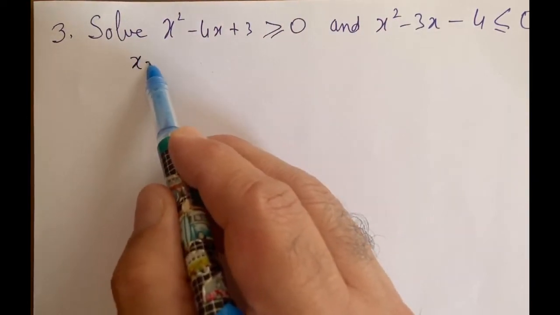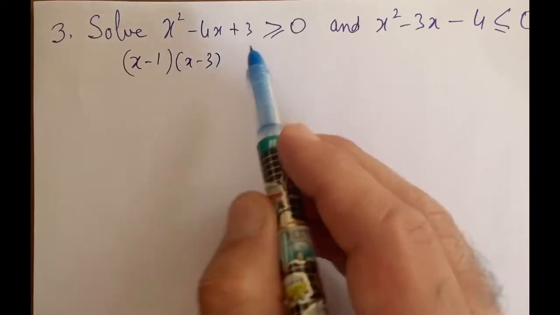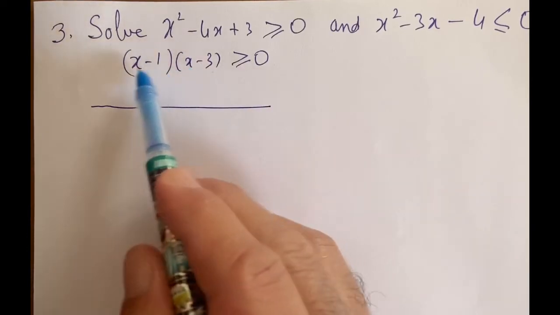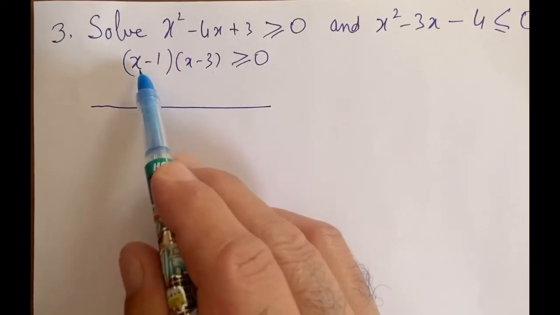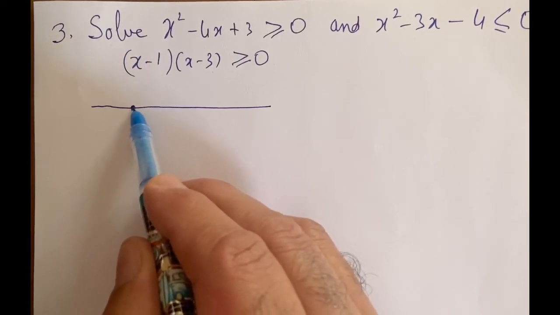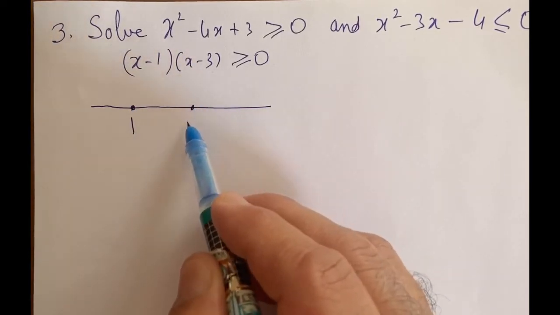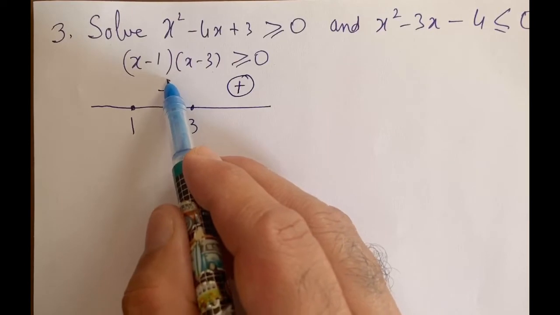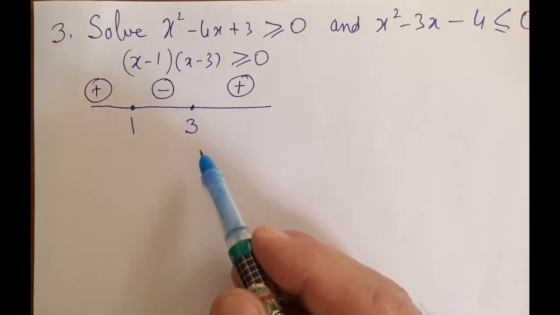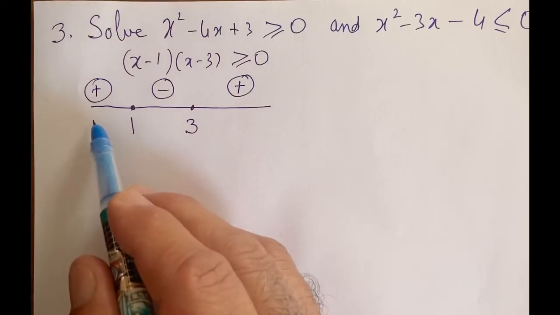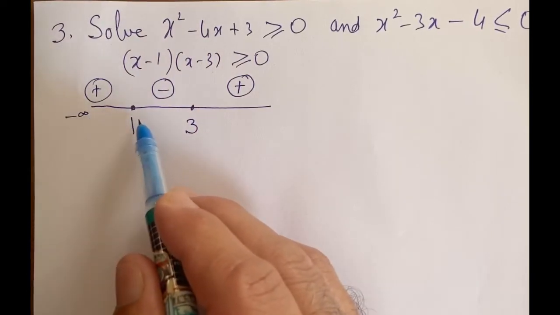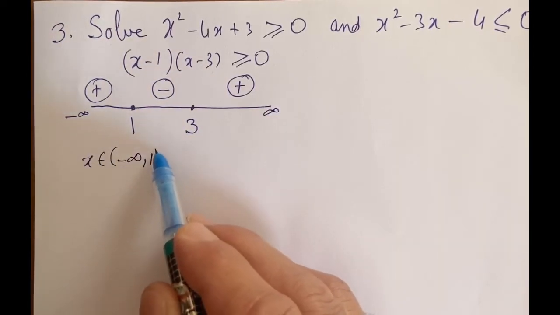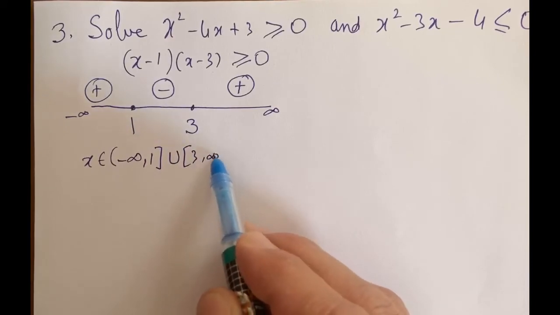The first one, it's x minus 1 into x minus 3 greater than or equal to 0. This is the number line. Coefficient of x should be positive, so it's positive here. We put this equal to 0, we get x is equal to 1, x minus 3 equal to 0 is x equal to 3. Then starting from the rightmost part, it's positive sign, alternately negative, then again positive. We want greater than or equal to 0, means positive sign. Positive sign is minus infinity to 1 and then from 3 to infinity. So x in this case is minus infinity to 1 union 3 to infinity.